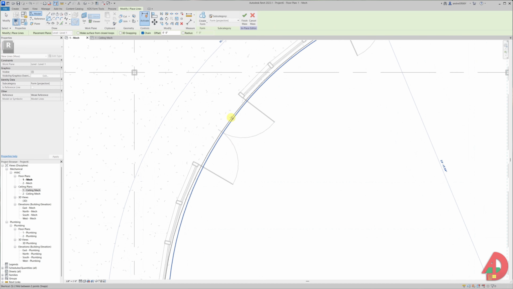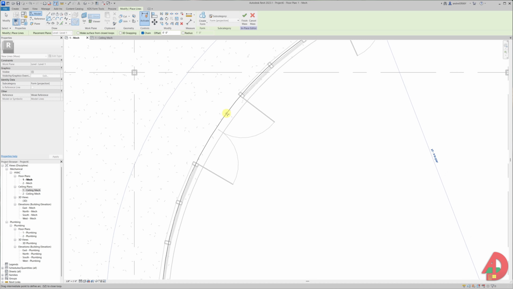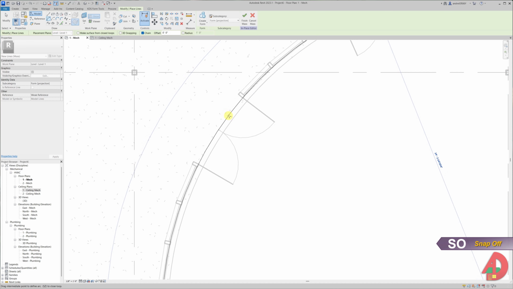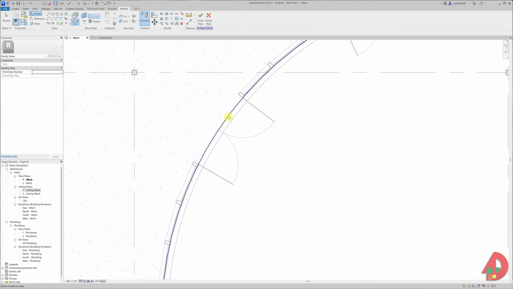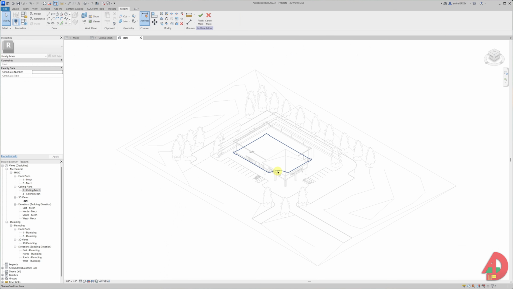This tool tends to snap to a certain point that is not close enough to the mullions. To bypass snapping, I can just type SO on my keyboard to temporarily deactivate snapping. Now I have the footprint, and to extend the mass, I need to go to my 3D view,